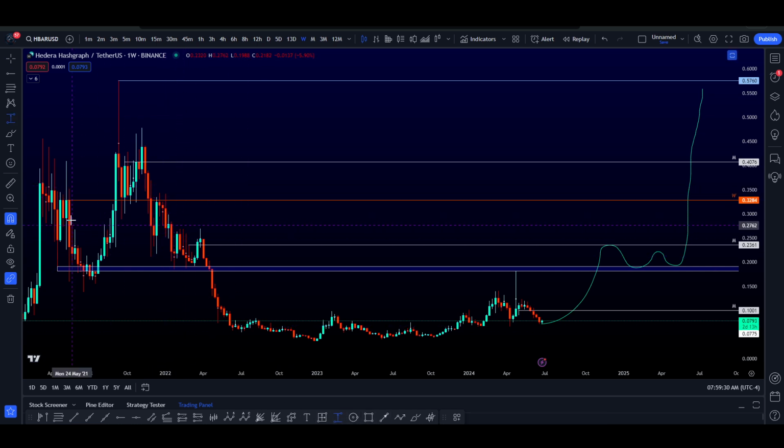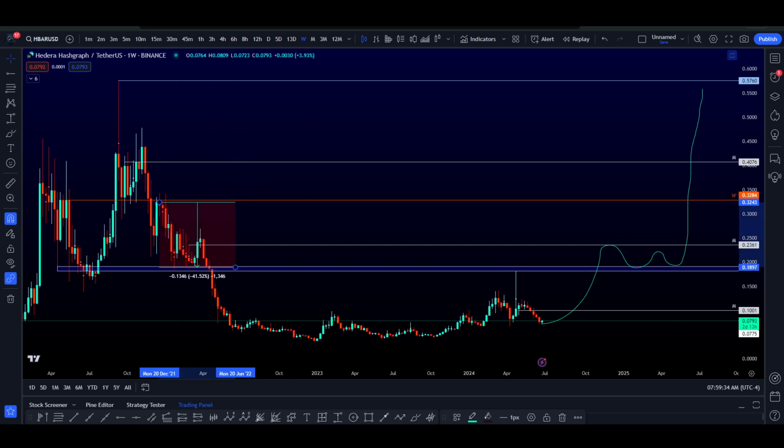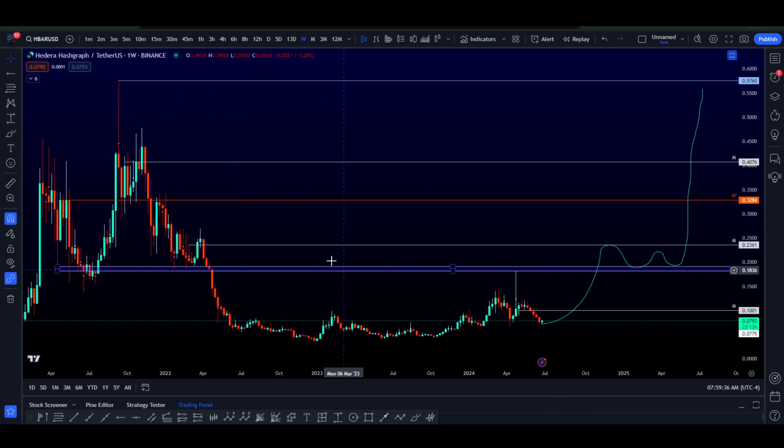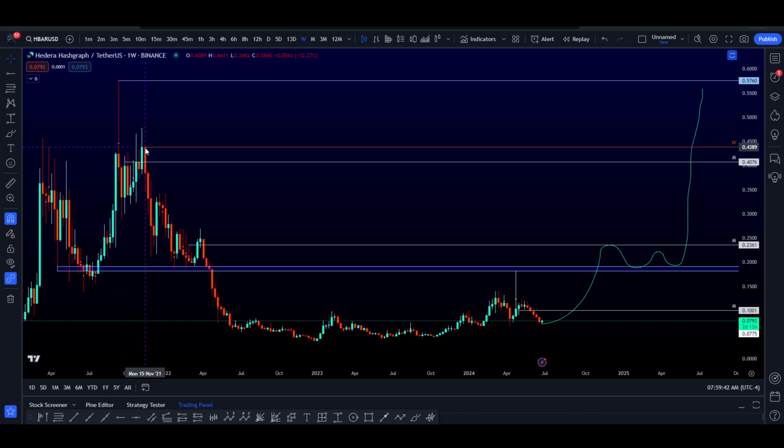So if you mark this level back in 2021, that could have possibly been a nice 41% trade, and if you were using leverage, you know that's a lot of gains there. So marking these levels is very important. I always mark on the open and close. So there's another weekly level right there,